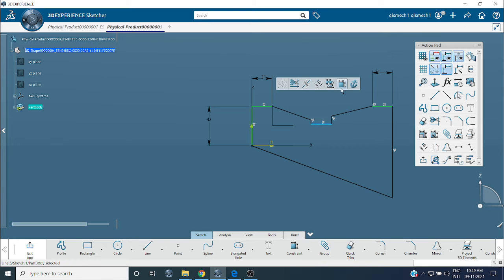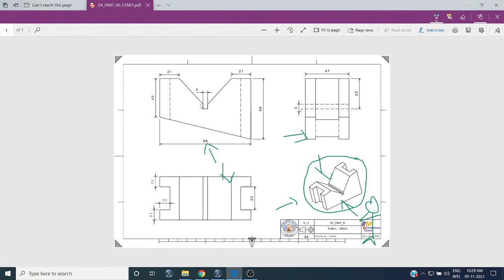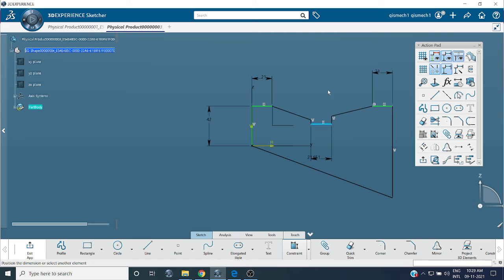Now what is this dimension? You can see it is 5 mm, and this height also 5 mm, this height also 5 mm, height also 5 mm.